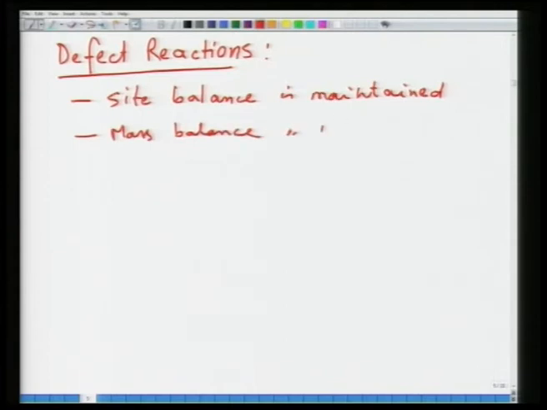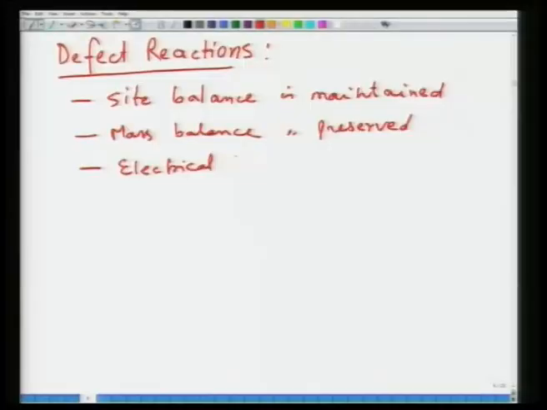Mass balance is preserved, and then you have to maintain electrical neutrality. The system on the whole, after writing the defect reaction, has to remain in an electrically neutral state. So, electrical neutrality is to be preserved,